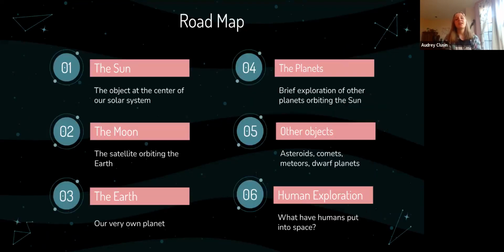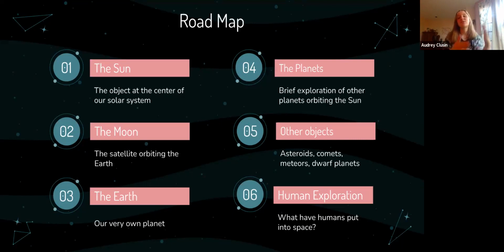Okay, anyways, so today we're going to be covering, starting with the sun, the object at the center of our solar system. We're going to do a really in-depth thing about stars and star formation. I think it's starting the week after next, so I'm not going to go as in-depth today as I normally would, but I'm just going to talk a little bit about the specifics of our sun and how it affects the solar system as a whole. I'm also going to talk a lot about the moon because it's really important, and it's also one of the closest and most observable objects that we can see. Obviously the Earth, because it's a very important part of our solar system.